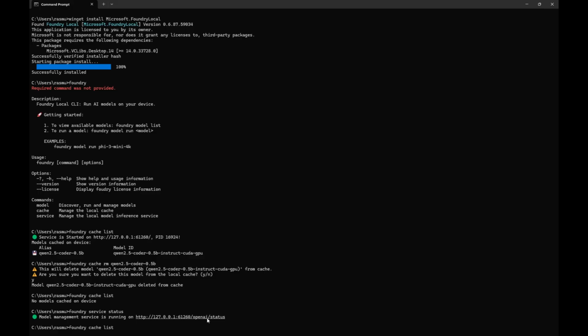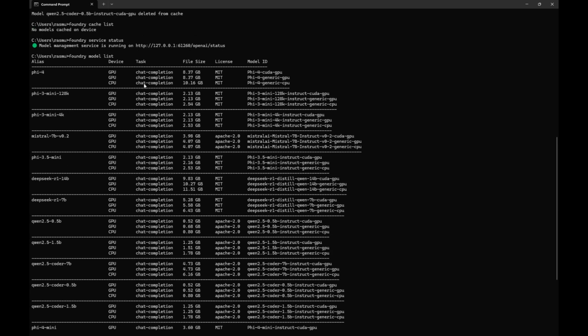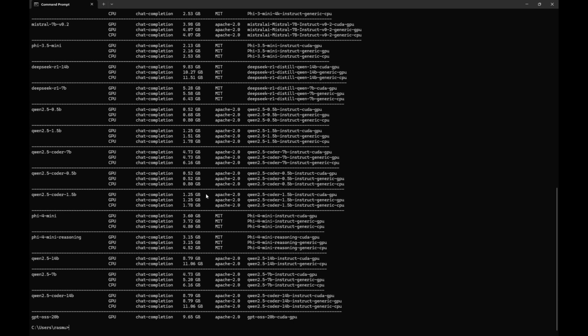But what we want, of course, is to have the models. So we can list all the different models here. There are lots of different models in various sizes, which I can't run. And it's up to date. You can, for example, see the new ChatGPT open source model, which I think was released yesterday as of this recording, and it's already here on the list. So that's pretty nice. And all these models are the ones you can also get in Azure OpenAI Foundry.